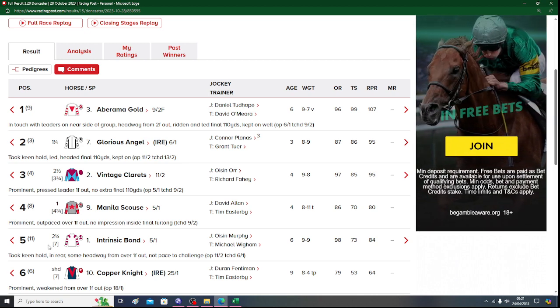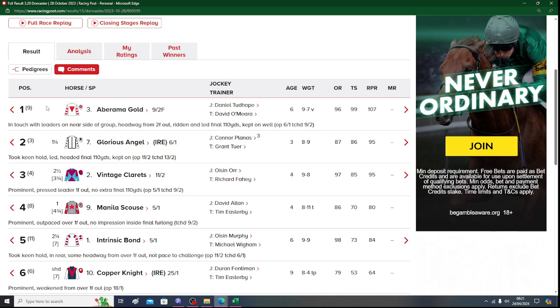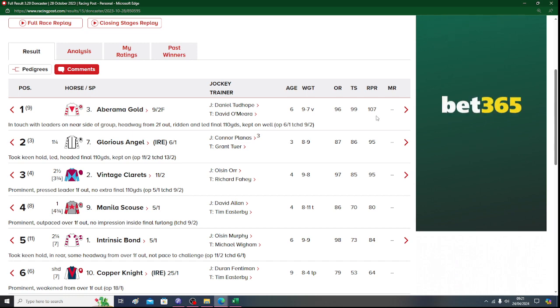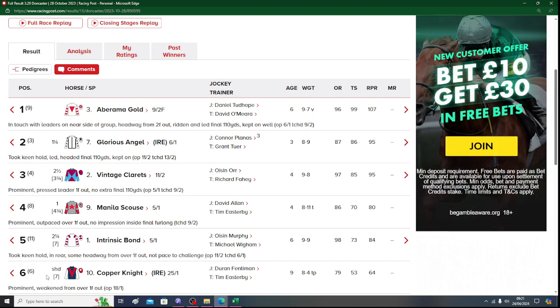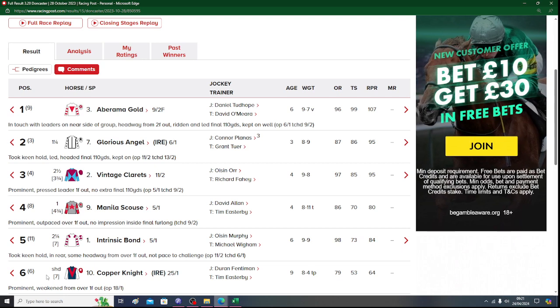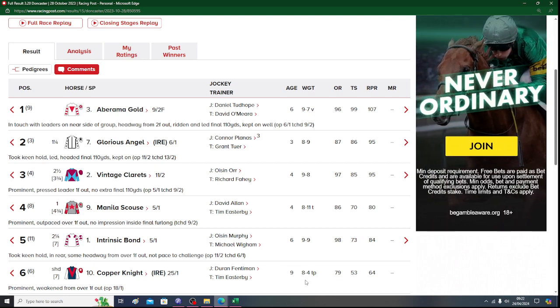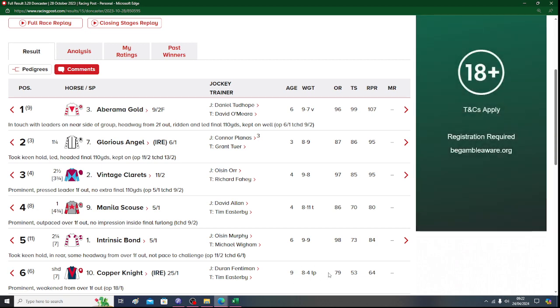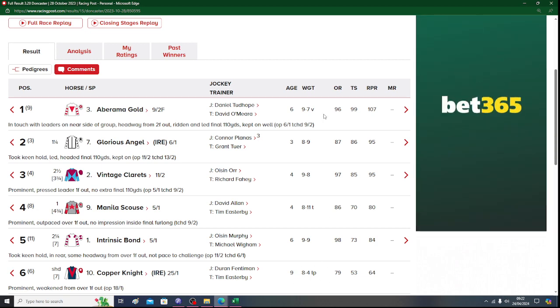We want the distance that it's been beaten by Aberama Gold. So that's been beaten by 7 lengths. So we've got 107 as the Racing Post rating and beaten by 7 lengths. And also we need the weight of Copper Knight, which was 8 stone 4, and what the difference was with